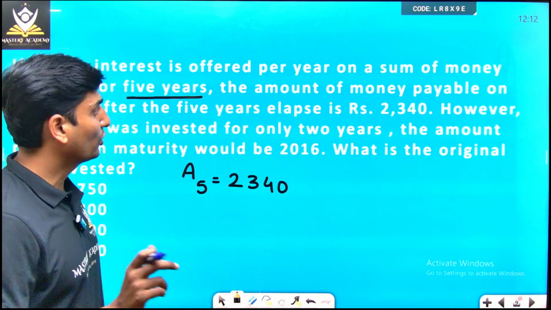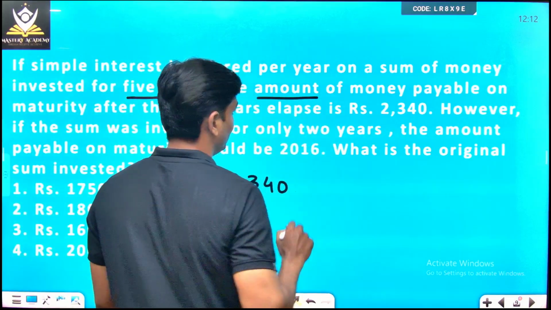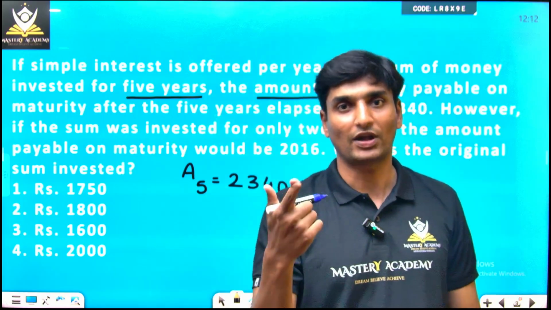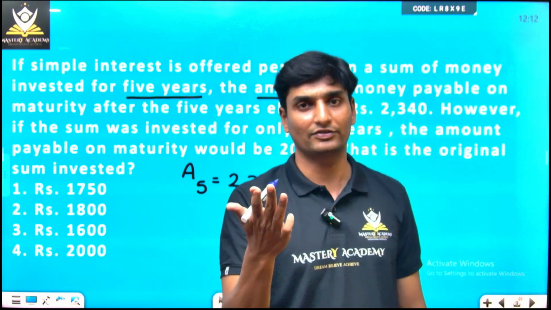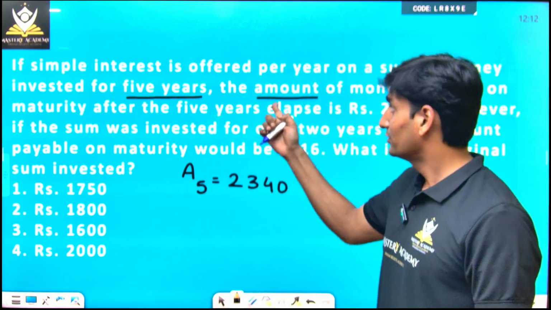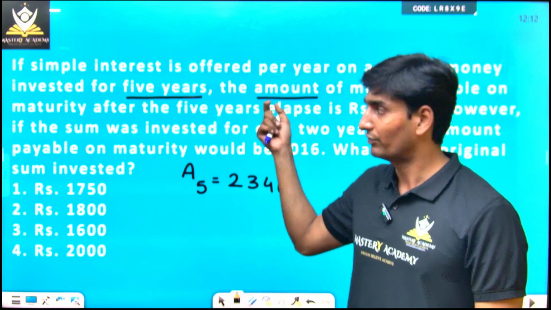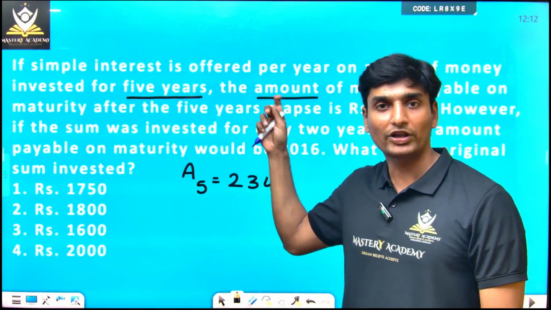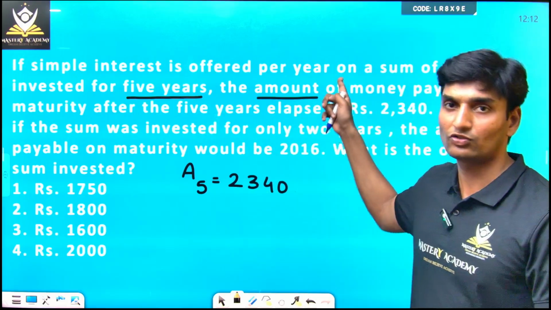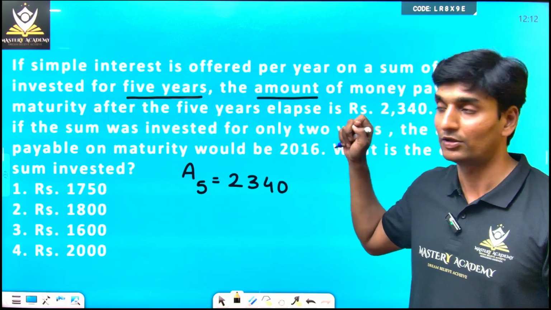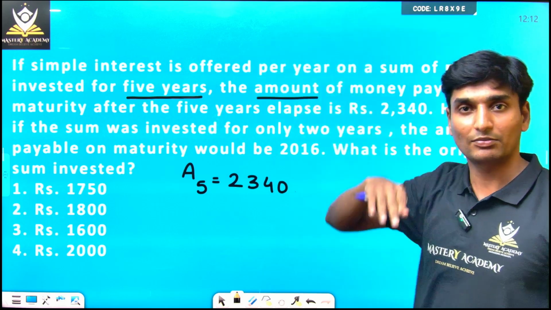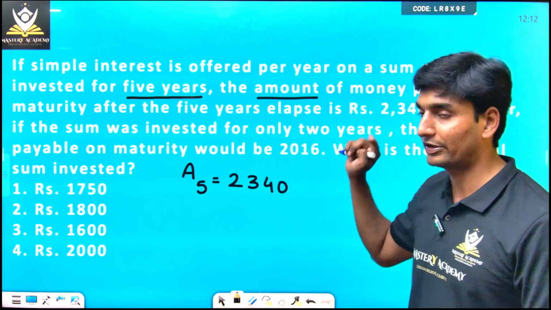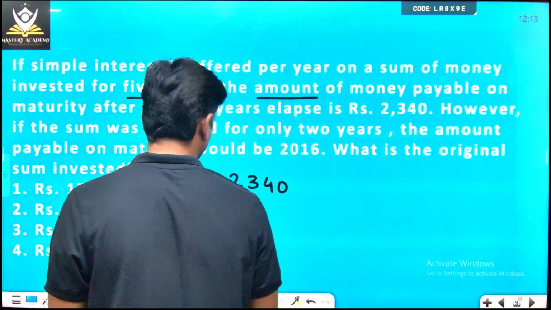One more important thing: amount does not specifically refer to A. P means principal, I means simple interest, T is time, R is the rate of interest. This amount depends on the question. Whenever you look at the word amount, don't directly take it to be A. Amount can also refer to the principal. It depends on the sentence they are implying. So here, amount at the completion means A. Don't just hurry up and take A. A large number of students do that.